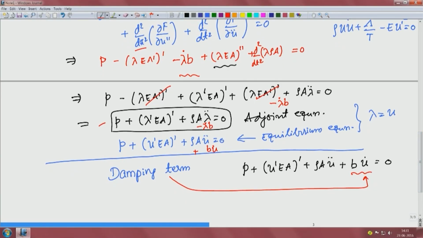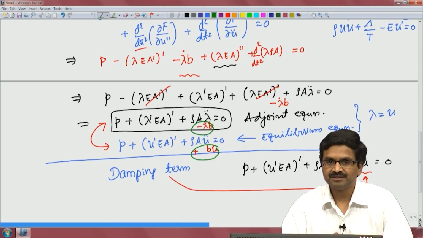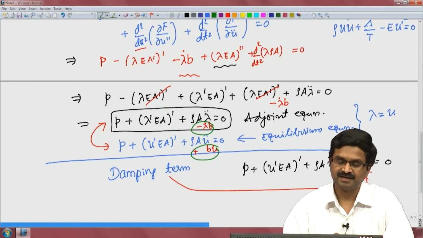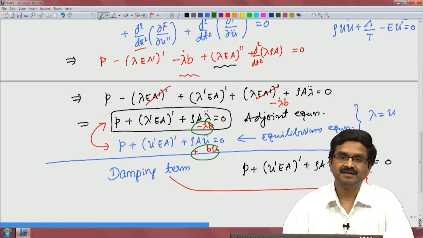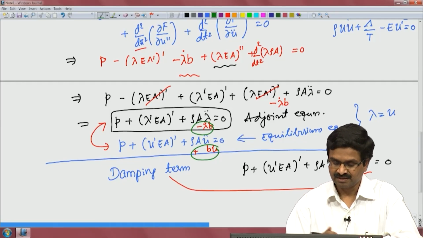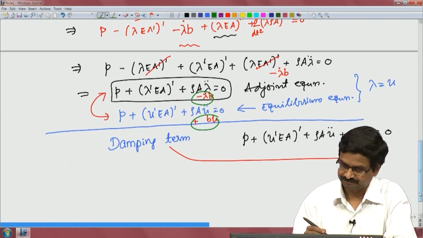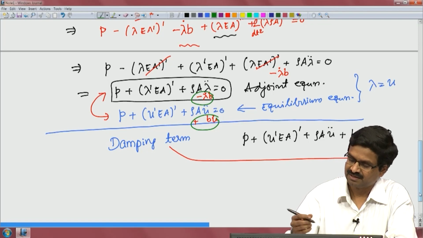Now, if you compare these two equations, they are not exactly the same, because over here it is a plus b u dot, whereas here it is minus b u dot. So, adjoint equation and the equilibrium equations are not exactly the same, because the damping term which depends on u dot has a plus sign in the governing equation, whereas minus sign in the adjoint equation. So, we cannot just solve, but we could solve it if we reverse the sequence, meaning that